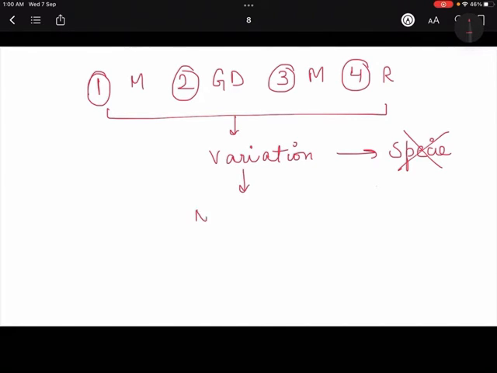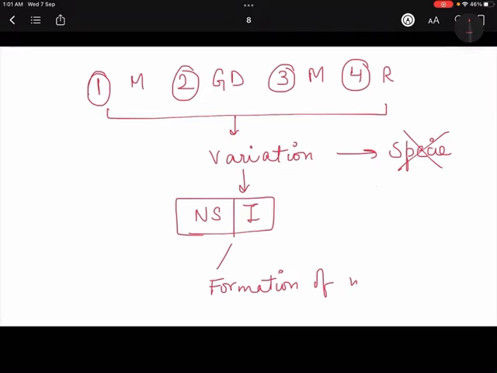Only when there is natural selection, isolation, that will work on these factors or any other factors which cause variation, formation of new species will happen. So formation of new species will only happen when on variation, natural selection or isolation or these kind of forces influence the formation of new species. So natural selection, we know, for example,